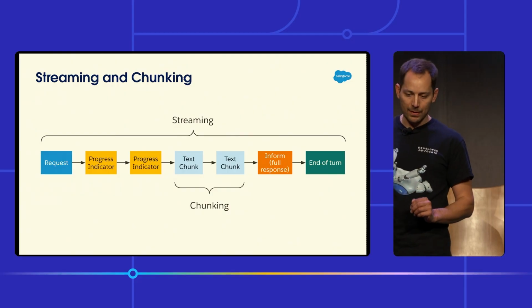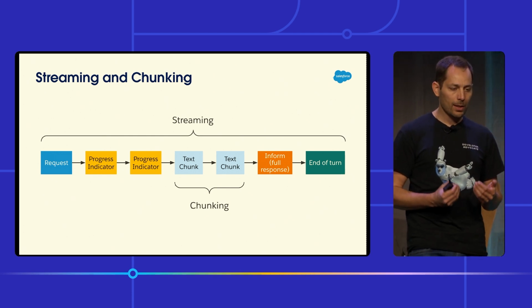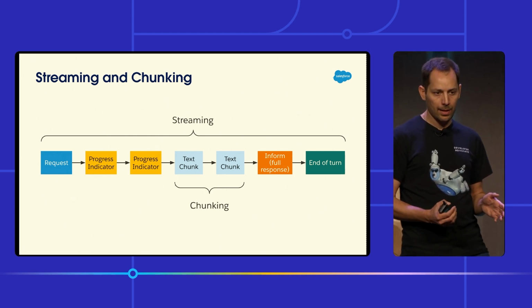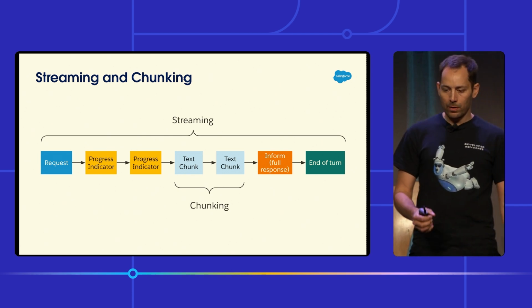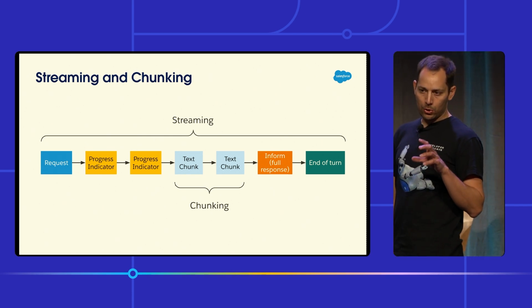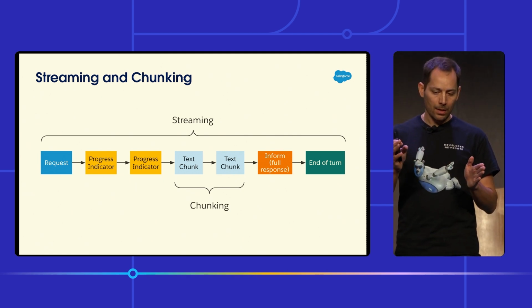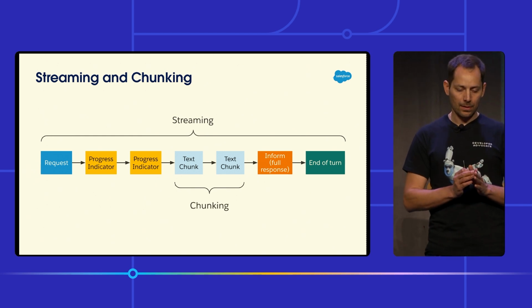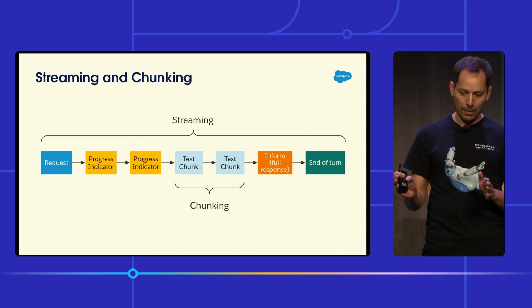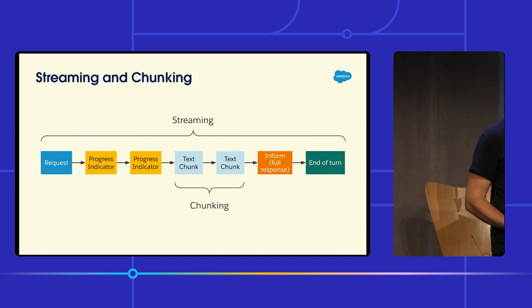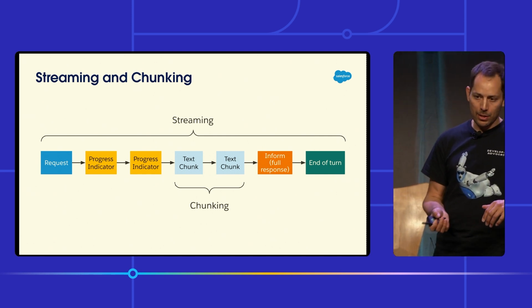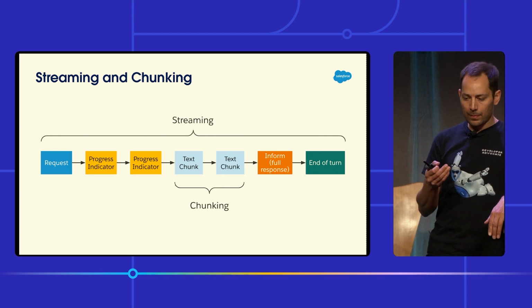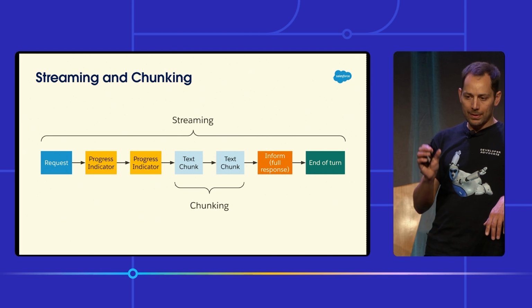So I mentioned streaming and chunking, and these are 2 different concepts. This diagram here illustrates what it looks like to receive a response in a stream format. You have the blue part, which is your actual HTTP request, and then you don't get the response immediately. The request gets transformed into a server-sent stream, and then you'll get different messages. You'll get a number of process indicator messages giving you the loading status, and then you'll start receiving text chunks, which will be bits of your response.